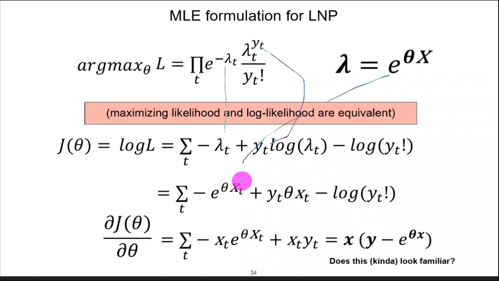So there's that right over here, and the log goes away because it's e, so yt times theta xt, and then minus this, which is the same. If we take the derivative with respect to theta, the term that doesn't have any theta goes away. So we have pretty much the same thing over here, and then the derivative over here. If you rearrange it, so we pull out the x and put the rest over here, we get this form. It looks kind of similar to the